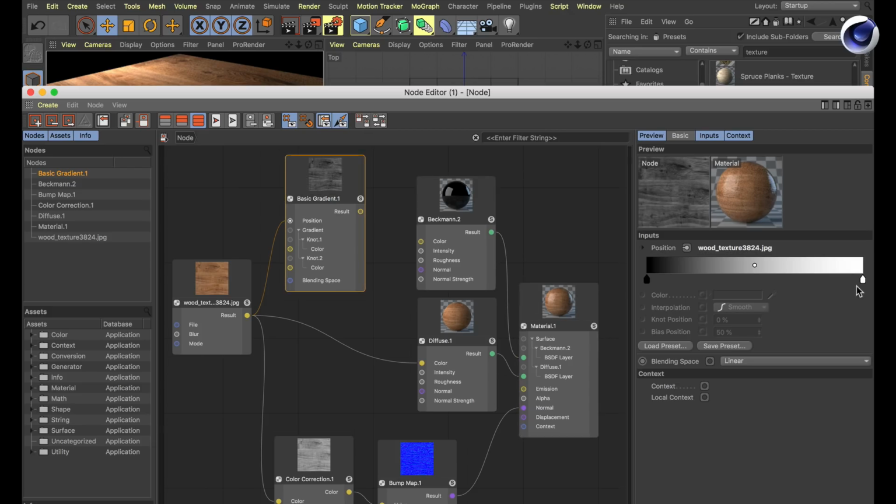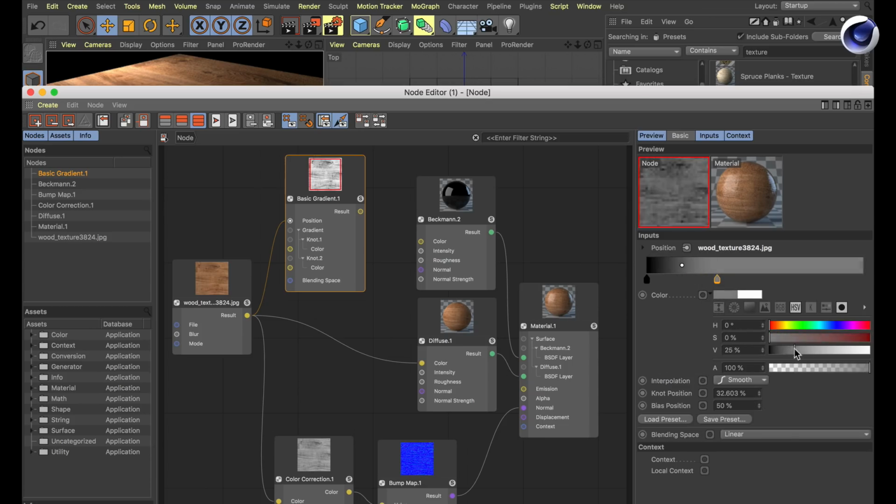But the cool thing here is that we can bring up the whites by bringing the white knot here to the middle, and you see the whole image brightens up. And you can also colorize these knots, which is also very important, because what you can do with color is you can drive other parameters,